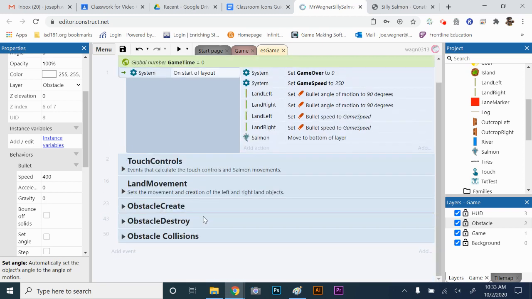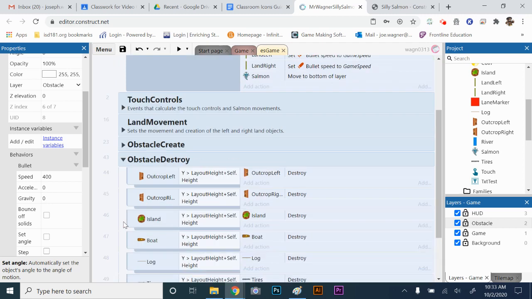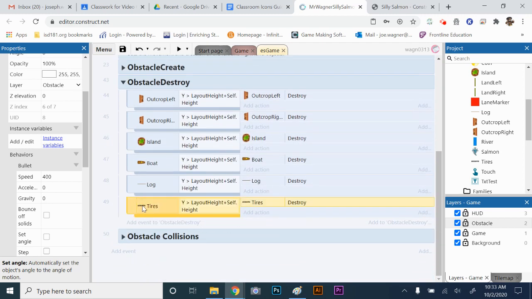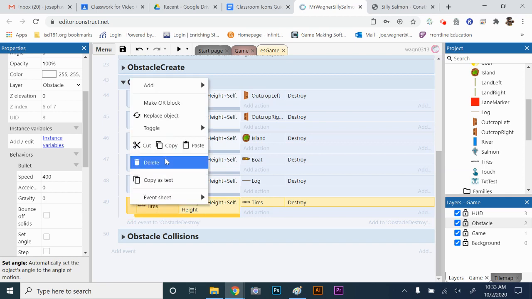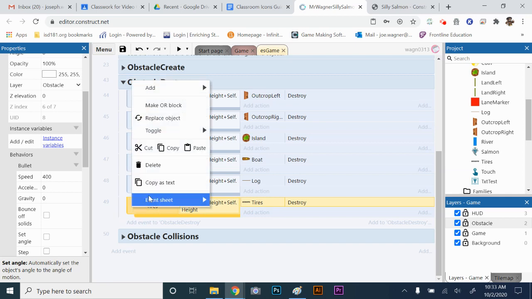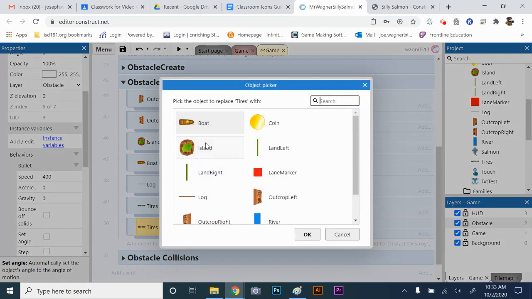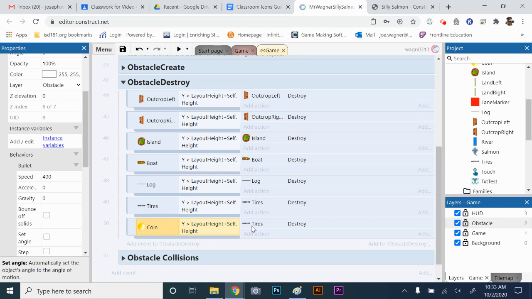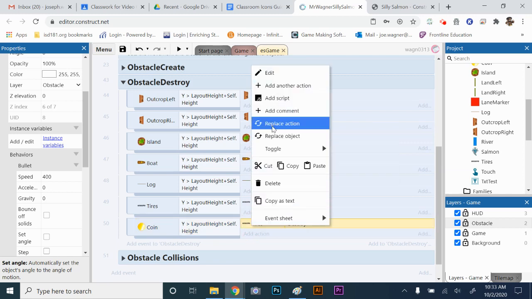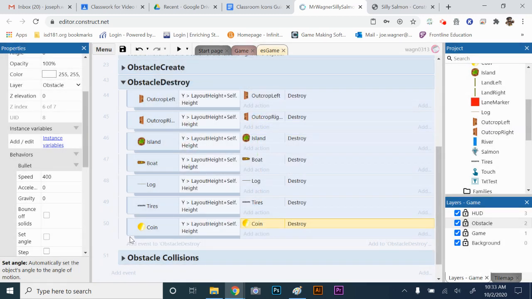Now we want to destroy the coin. So let's go to obstacle destroy. We need this exact same event for the coin. So I'm just going to right click and copy the tire code, and right click and paste it again. Then I'm going to right click on tires and replace object with the coin, and replace this tire with the coin. So basically it should just say coin: if its y is greater than the layout height plus self dot height, then coin destroy. Now there's going to be another coin destroy